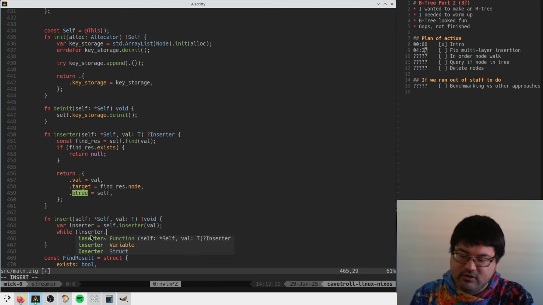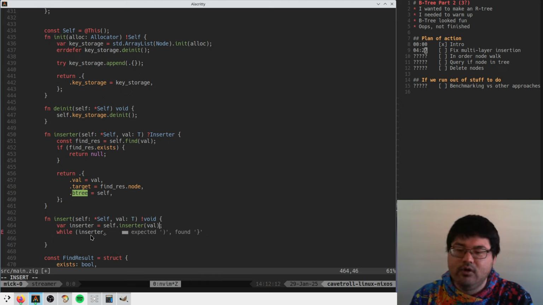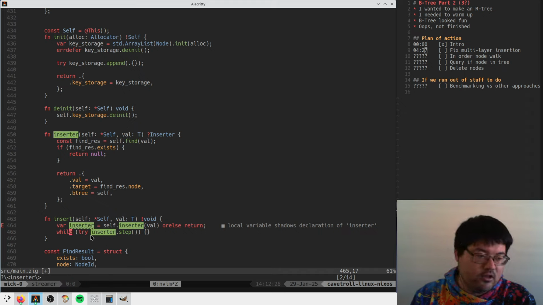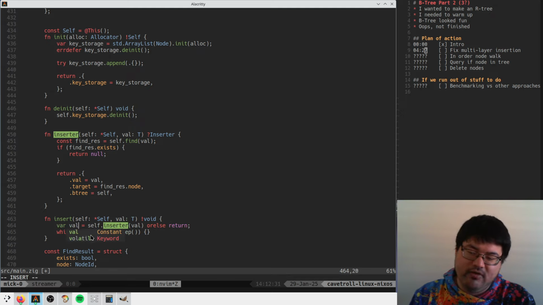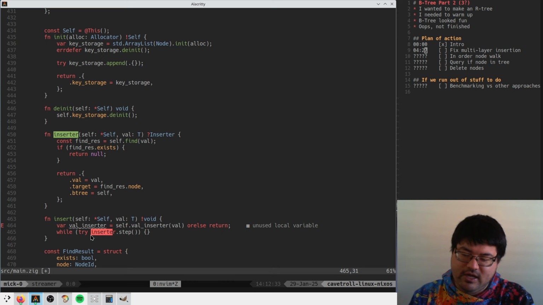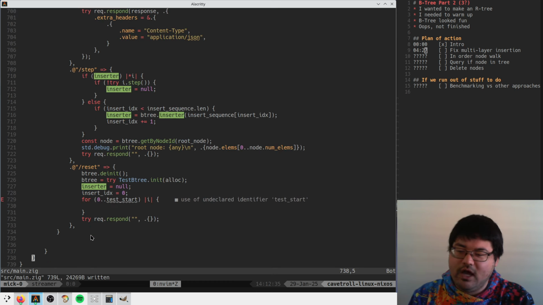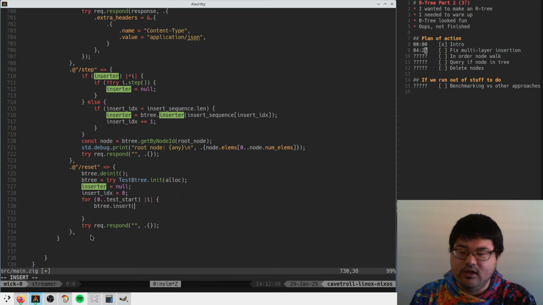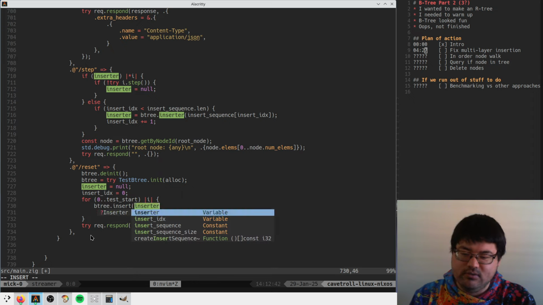So while inserter step, and then looks like the function name here is colliding, which kind of blows. So I guess we just call this val inserter just to dodge that. And so now we should be able to go B tree insert the value in our insert sequence